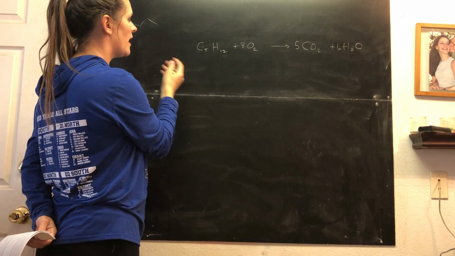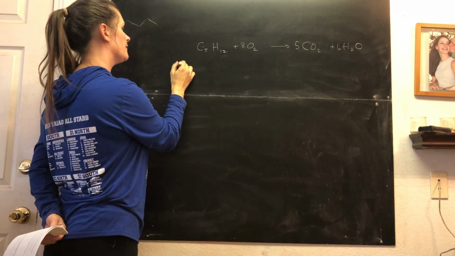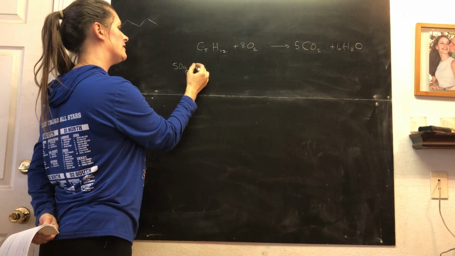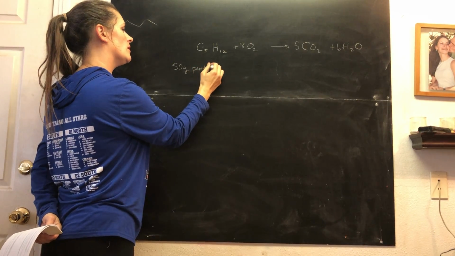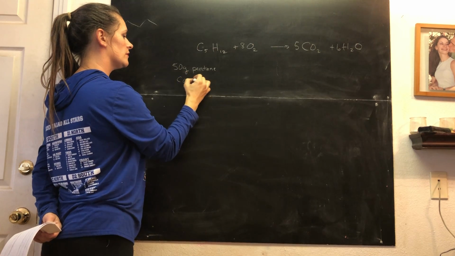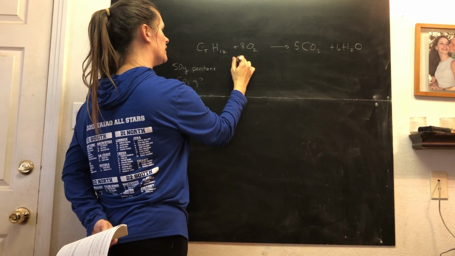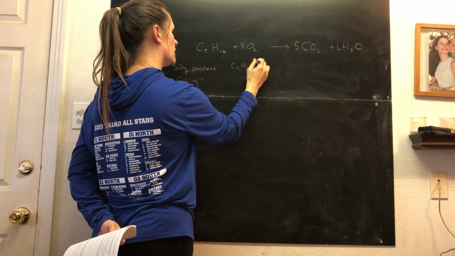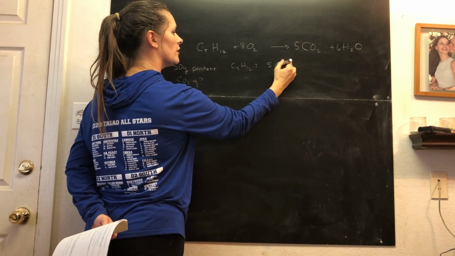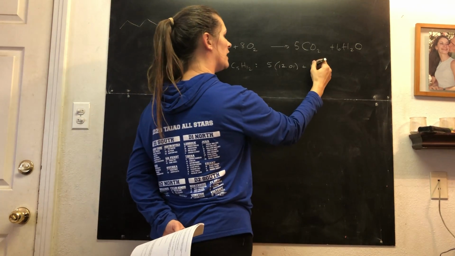Now, let's say we have, how many grams of pentane did we start with? Let's just say 50. 50 grams of pentane. And we want to know how many grams of carbon dioxide are produced. Let's figure out the molar mass of pentane. So we've got 5 carbons, which are 12.01, plus 12 hydrogens,